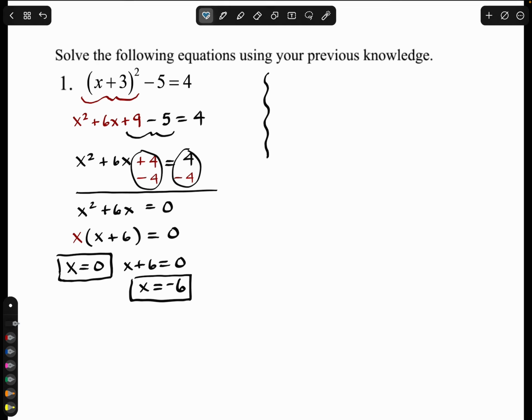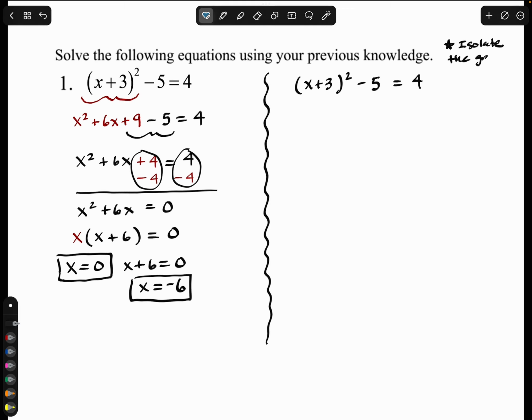But I want to talk real quick about a second method for solving this, because this second method can tend to be a little bit more efficient for some of us. Sometimes factoring isn't our strong suit, so I'm going to recopy that original problem. I have x plus 3 squared minus 5 is equal to 4, right? So on the first one there, we simplified and then got into factoring. For this one, we're going to solve it by undoing things. Our goal here would be to